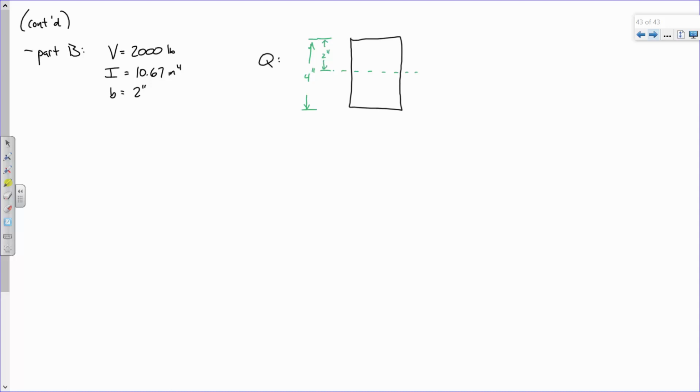And what was it asking for? The shear stress at a point 1 inch from the top. So really they're wanting the shear stress right there. So help me out first off. What is that moment arm going to be? We get 1.5 inches, right? 1.5, so that's 1.5 inches. And what's that area? Well, hold on. This is 2. And that dimension is 1. 2 square inches. So therefore,